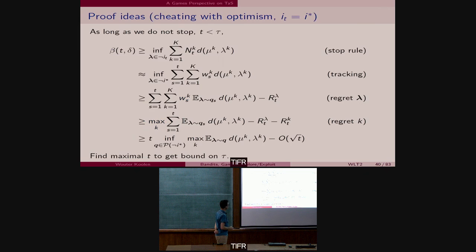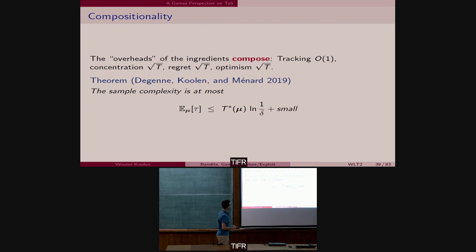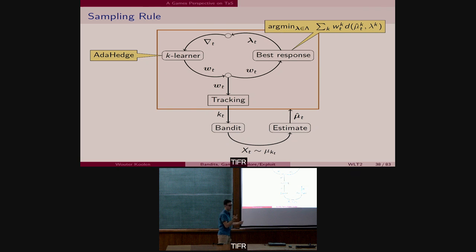No, so currently there is no tracking. Instead, what happens is the two players are interacting. Every time a W comes out,